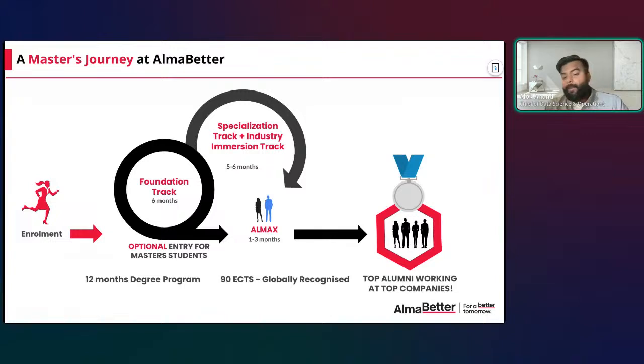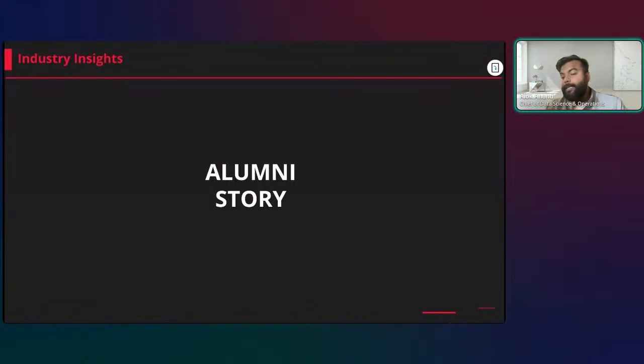Now, AlmaX, there is one more thing, not getting too much into detail as of now, but AlmaX is where you become ready for placements. You learn hard skills during your foundation track. All the things I talked about around these skills are hard, technical skills. But you need to work on your soft skills as well. Work on your resume. Work on your interviews, where we do mock interviews. All those things happen in AlmaX. Not getting into too many intricacies of this, as I mentioned, the admission counselor will take it forward in some time.